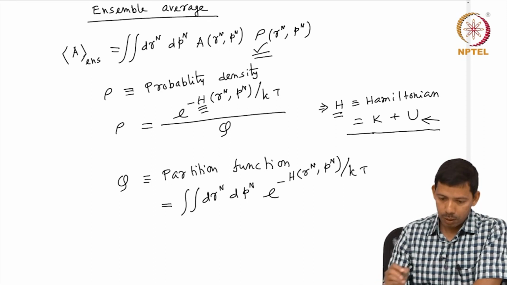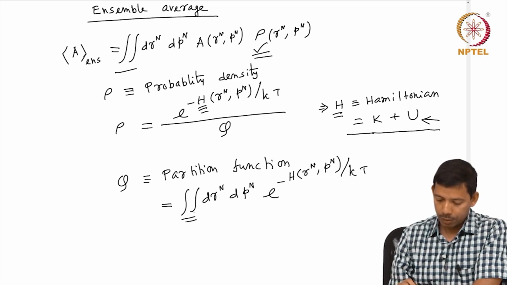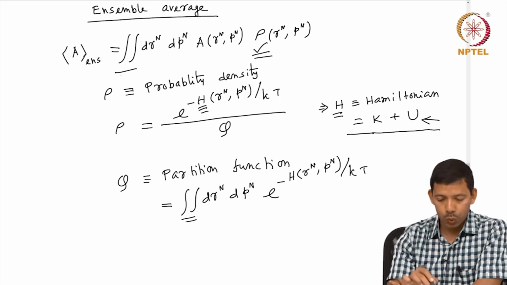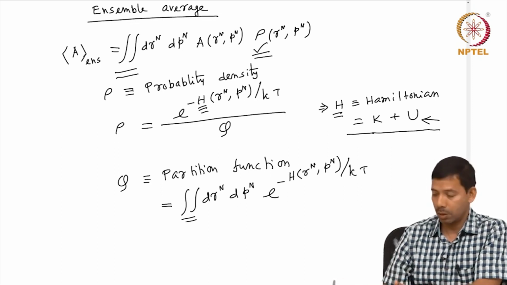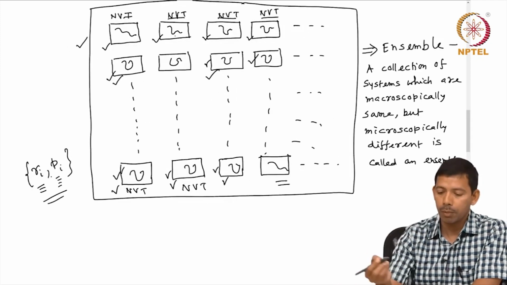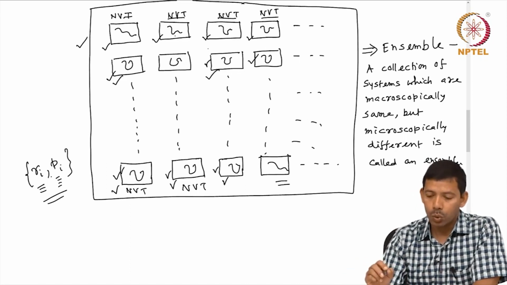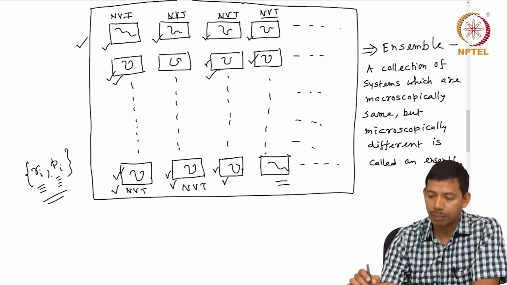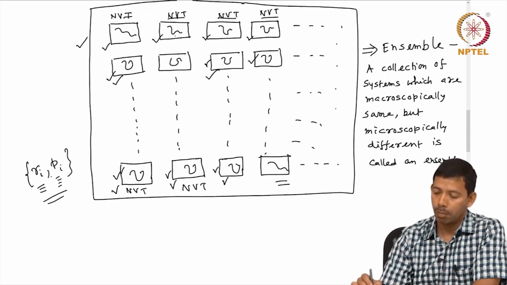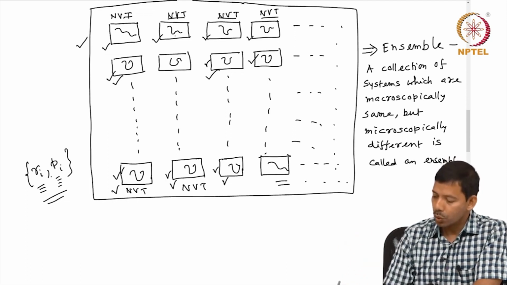Now if you look at the definition of ensemble average, we have the integral, and it implies that to get the ensemble average we need to generate an enormous number of microstates as they appear in the ensemble. When you talk about 1 liter of water, or the conformations of a biomolecule, there can be an enormous number of microstates because the molecules are always moving. So it is actually very difficult, rather impossible, to capture all possible microstates in an ensemble because the number is just infinite. So instead of